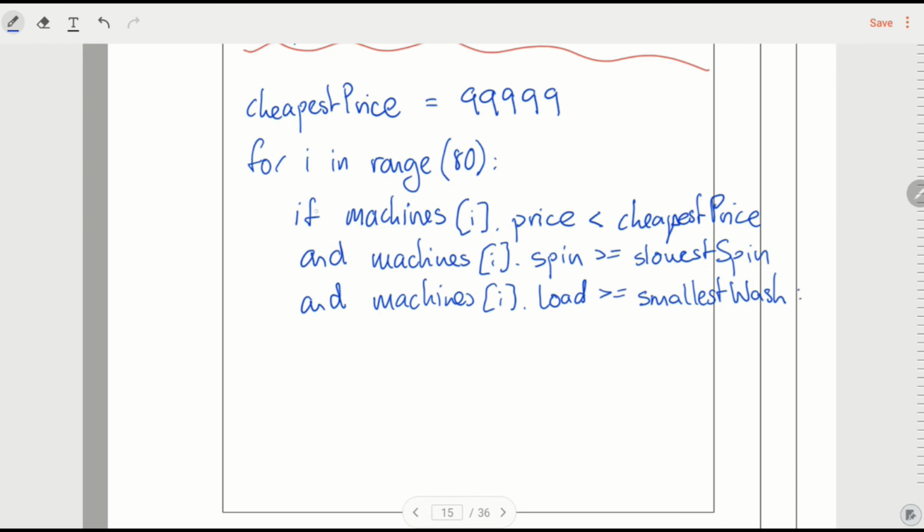If it meets all of those three conditions, then we want to update that. So I want to set cheapest price equals machines[i].price. And also I want to say that I found it, because if I look back at the top of the